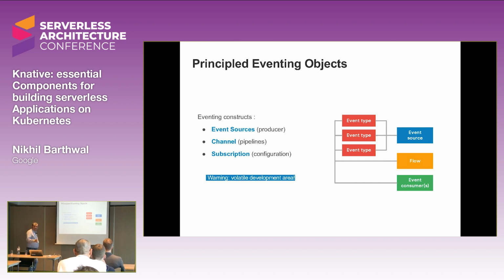I remember an example, I think Christian was giving me, that he built a demo last week and then they rolled out a new version and everything changed. So it's a volatile development area. It's an alpha product. It has a good thing, it brings new features, but obviously with new features you have a downside, that things change rapidly. Hopefully it goes into production very soon and it stabilizes, then we won't have these problems.